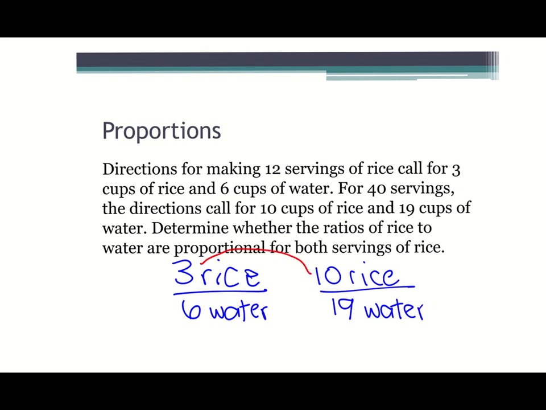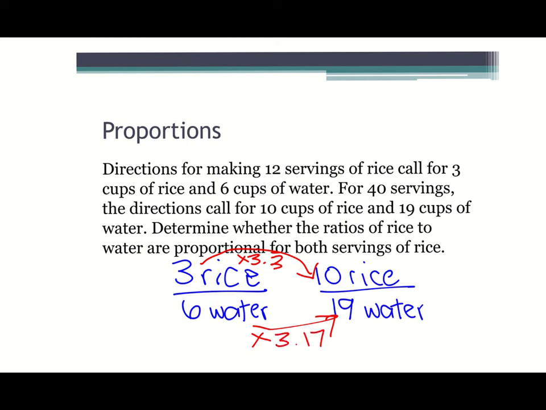If I'm looking from 3 to 10, that one's a little bit harder again to see what 3 was multiplied by to get to 10. So I'm going to take my calculator. I'm going to do 10 divided by 3 because that's going to tell me what 3 was multiplied by. On my calculator, I end up with 3.3 repeating. Then I'm going to go down on the bottom and do the same thing. I'm going to take 19 and divide it by 6. When I do that on my calculator, 19 divided by 6, I end up with